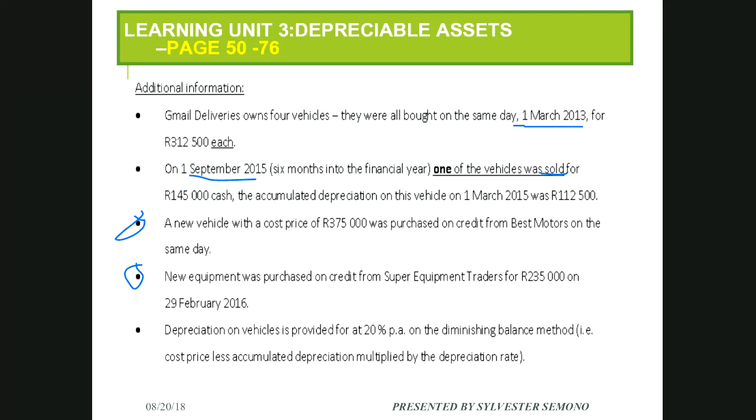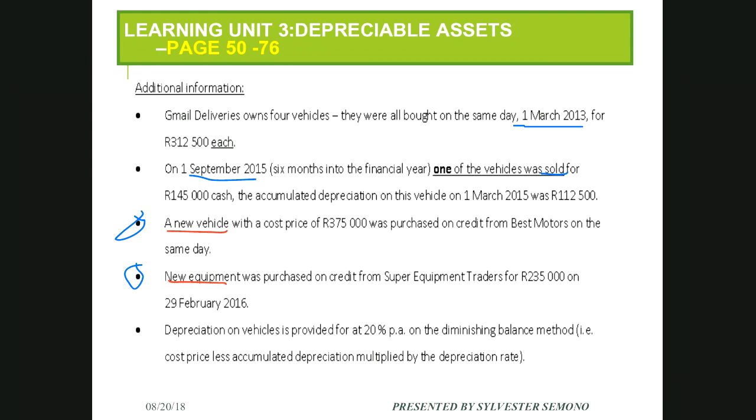Now, the ones which we bought, obviously they must be new. We bought this one and this one, the equipment. Are we together? And you can even see the new vehicle has been bought on the 1st of September. And if you check, the 1st of September falls within our period. Is it true? Yes, it does. So we need to go and record this amount